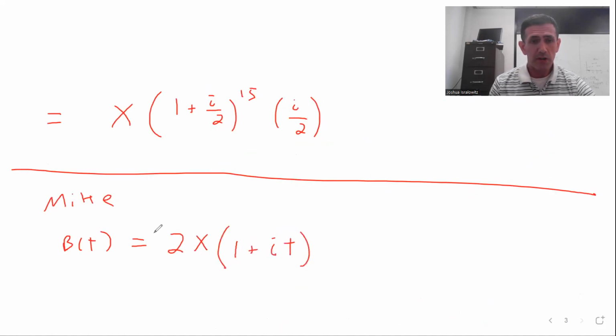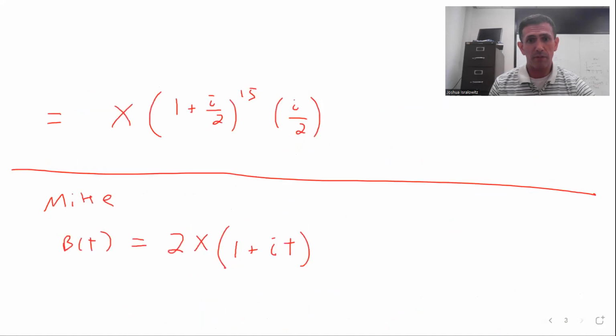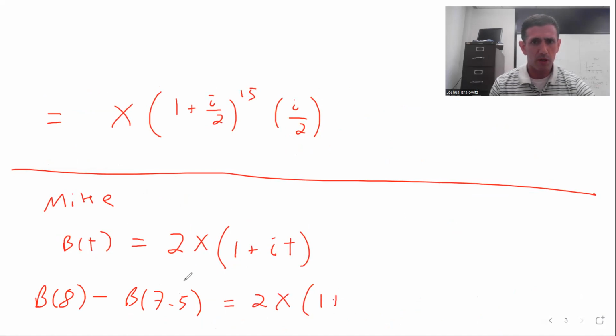Just like here, the amount of interest earned in the last 6 months for Mike is B of 8 minus B of 7.5. So B of 8 minus B of 7.5 is going to be 2x times 1 plus 8i, sorry, 8i, not 8t, t is 8,